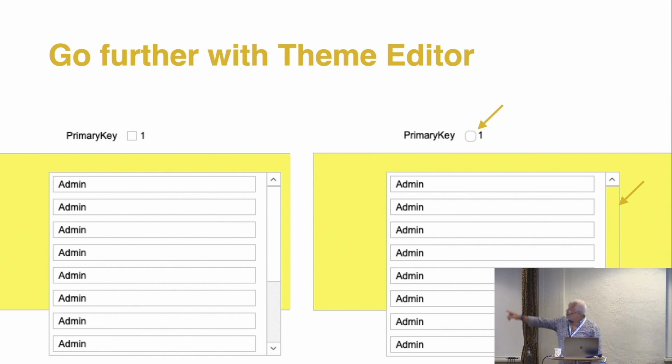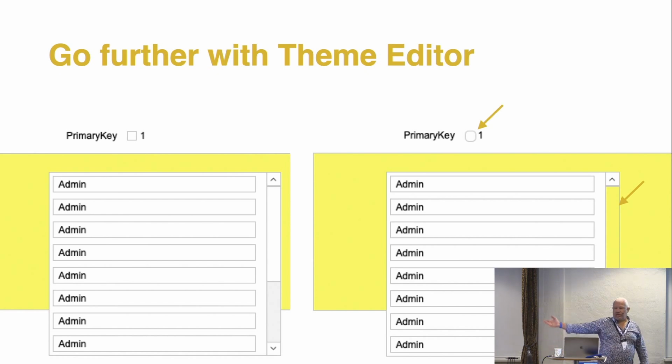As an example, a checkbox with rounded corners, or a transparency for the portal scroll bar. If you go to the Claris community, you see every month a question about how can I have a transparent scroll bar. With this tool, in a few minutes,